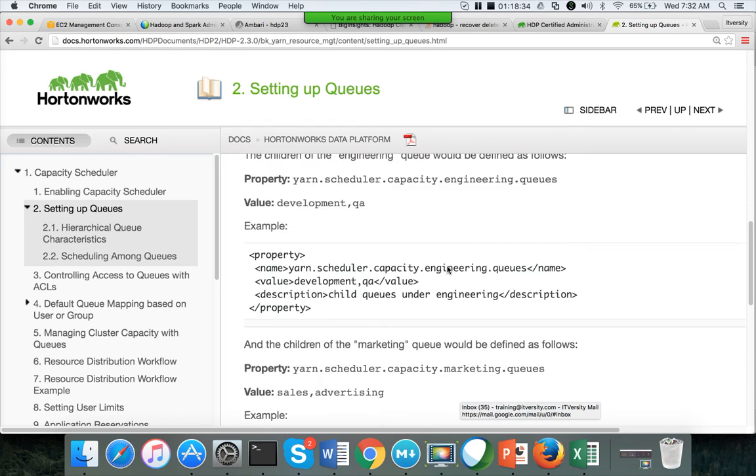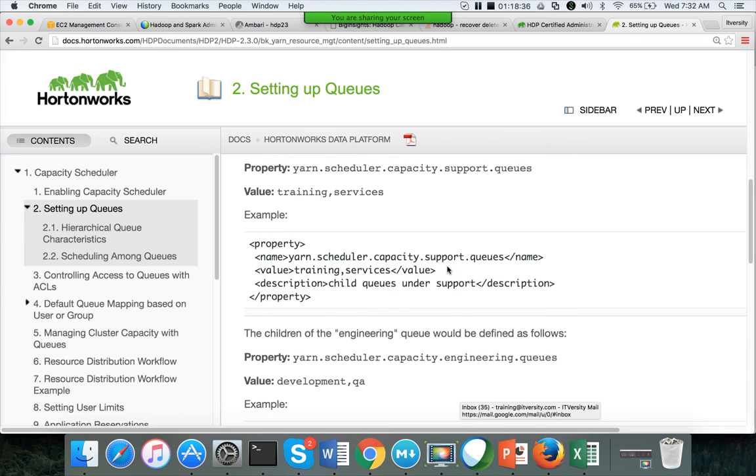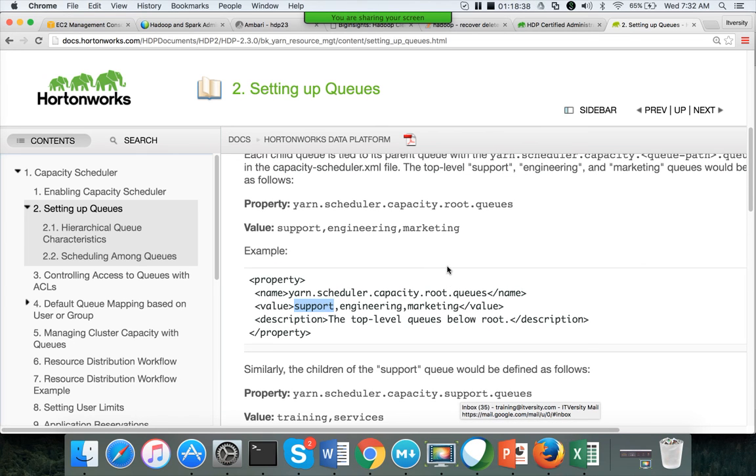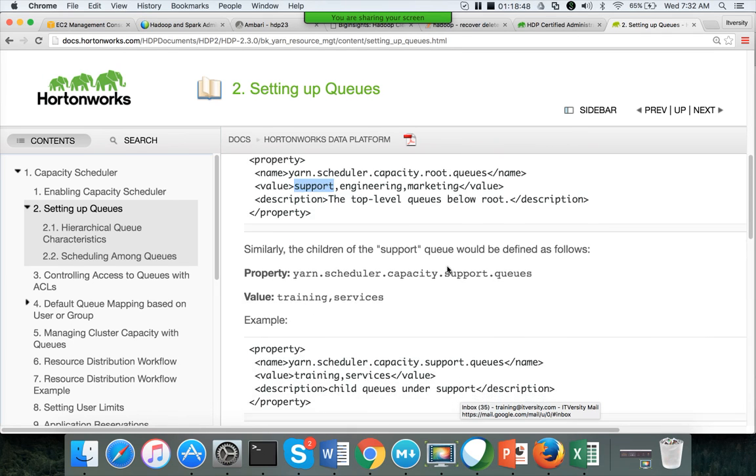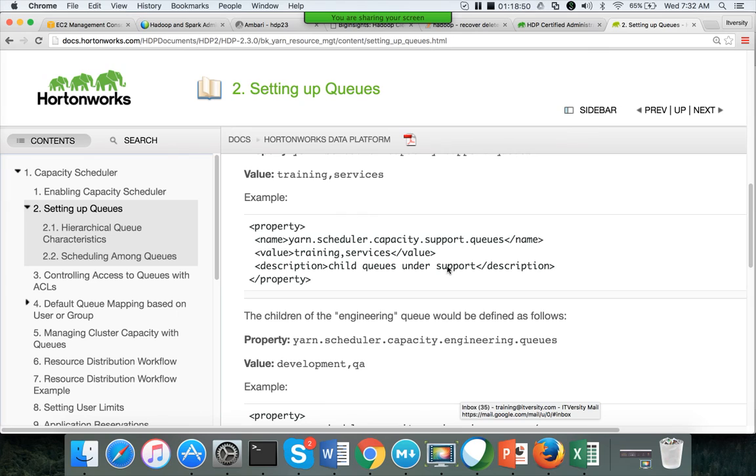For example, the development engineering team might be running more MapReduce jobs than the other two departments. Then you can give 50% capacity to that, and all the jobs submitted under it can again be divided into development and QA. For development you might give 10%, for QA you might give 20%, and for production you might give 70%.